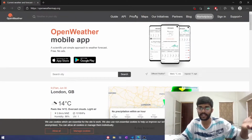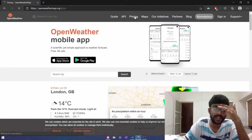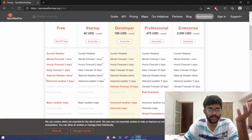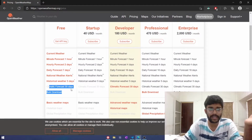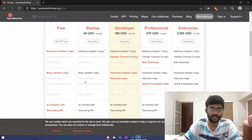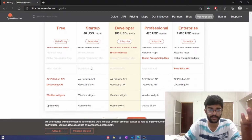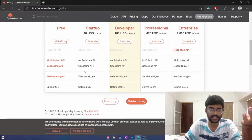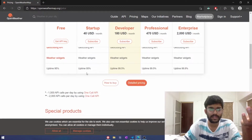It's not free entirely. Obviously they have pricing over here. But what they do is the free one, they get an API key, and what all is not available. So climatic forecast and bulk download. Okay, interesting. For a startup, okay, these are basic weather maps. A startup has everything that free has. How is...